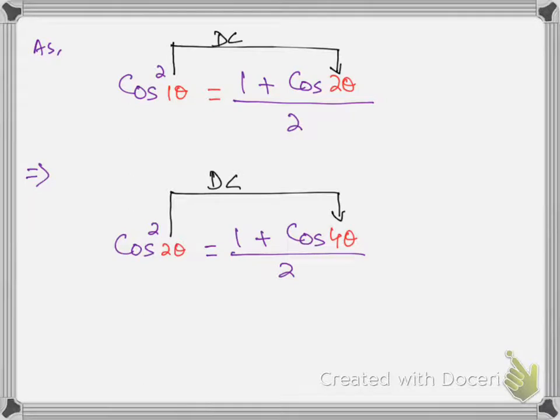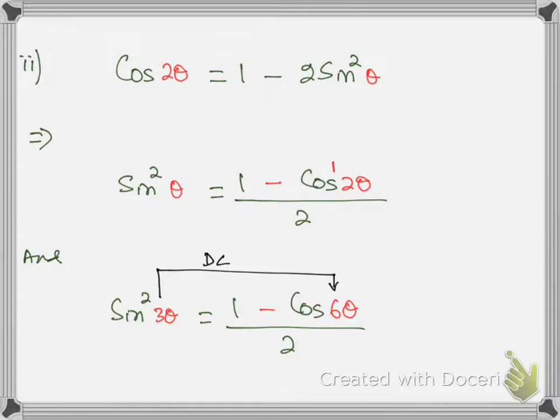So now see these formulas regarding the angles. If we have 1 here, then the angle will be double. Try to understand this thing. If we have 1 angle here, then the angle should be double on the right hand side. What if we are working for 2 theta? Then this angle will be 4 theta. I hope you all have understood this.